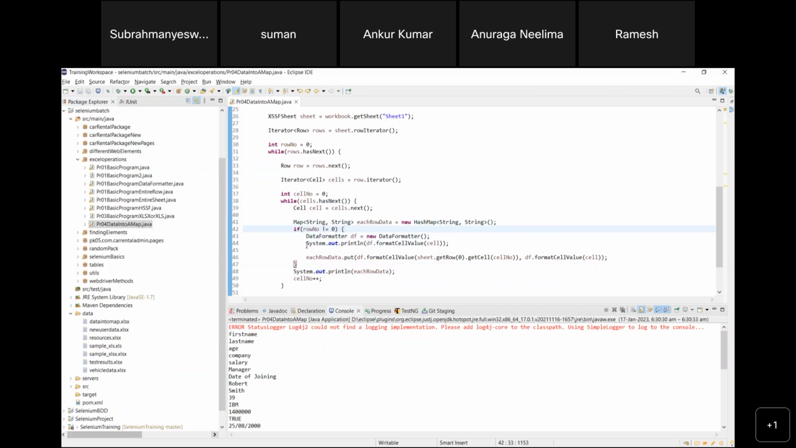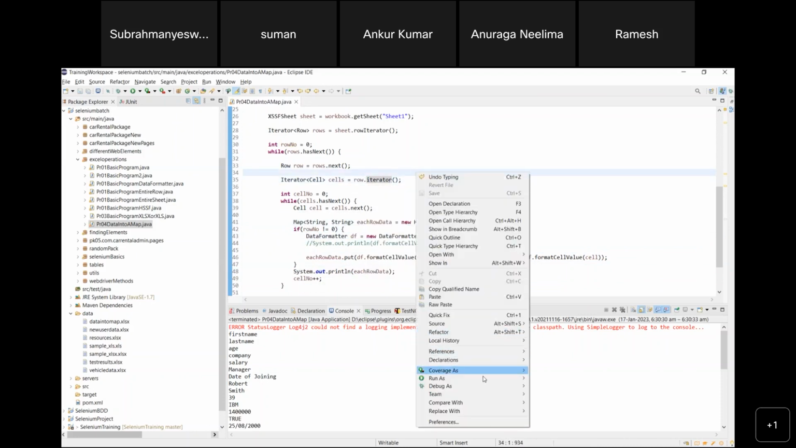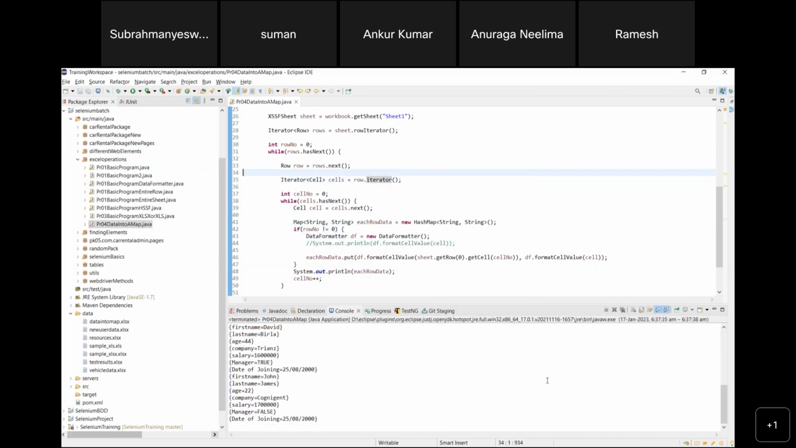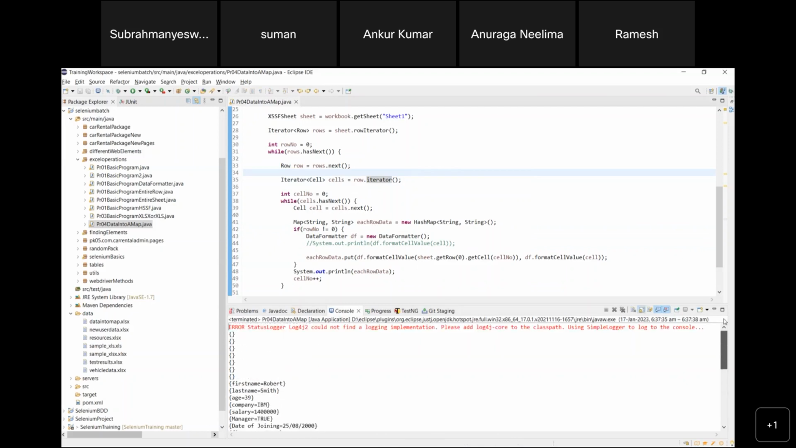Okay, let me comment this system data object println. Let me run this one. Run as Java applications. Okay. So if you see this one, initially this is empty string, but for each and every value we are getting this one. So instead of doing it like this for each and every cell,